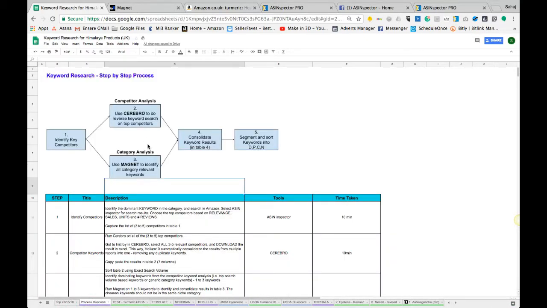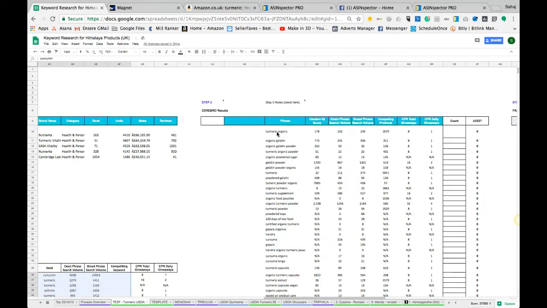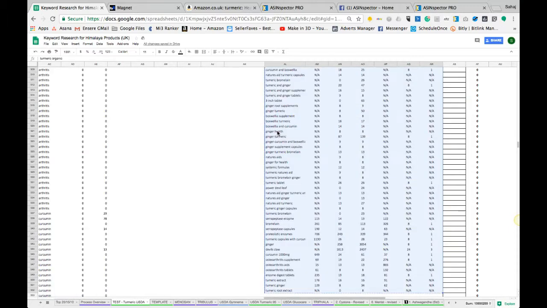Right now in the process, we have done this, identified 5, run the Cerebro, gather consolidated results, run Magnet based on potential categories that we're targeting, and get there. And now we need to consolidate. Consolidating is literally copy paste. The first part of consolidation is copy paste. So we will go into this, copy,